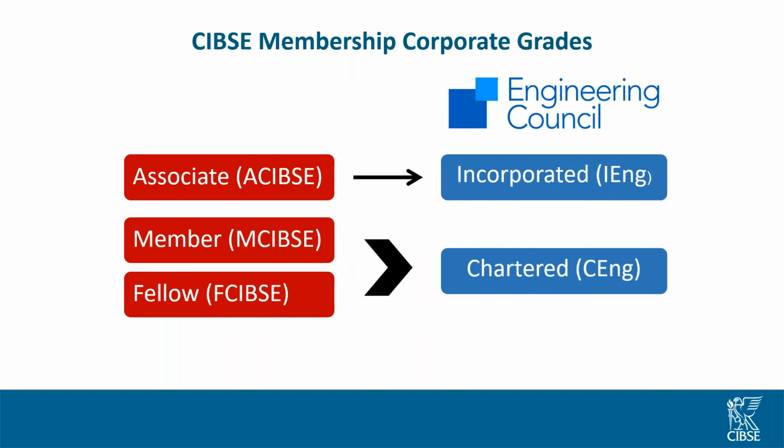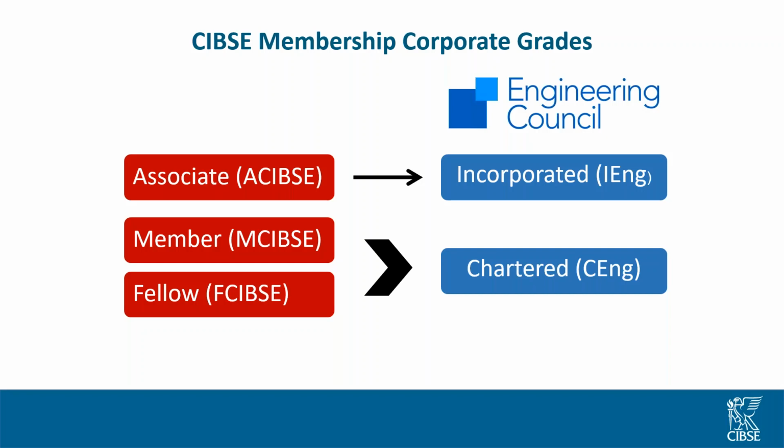As most of you know, CIBSE has several entry-level grades and corporate grades, our higher corporate grades being that of associate, member and fellow. Our corporate grades come with an additional set of benefits as they act as a level of professional recognition. There is an assessment of your competence as part of the application process of these grades. And at the end, you're able to use the CIBSE post-nominals, so ACIBSE, MCIBSE, FCIBSE.